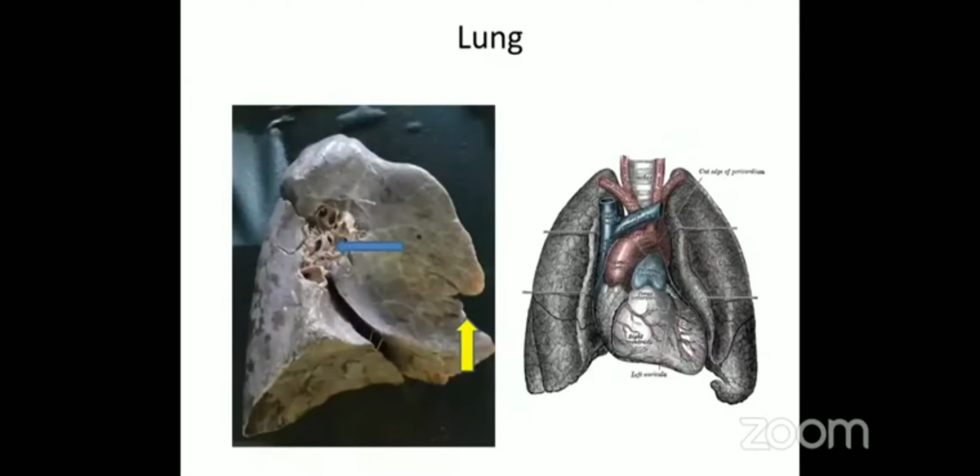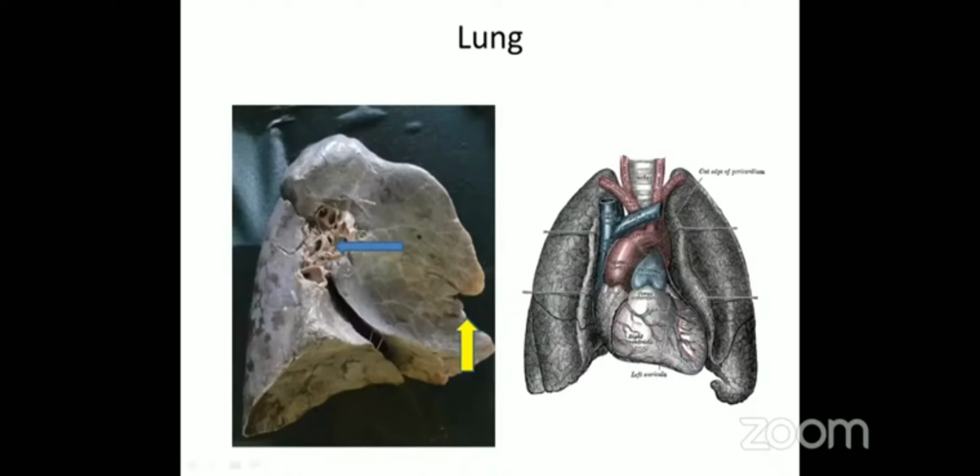Coming to the next main organ, that is the lung, which is present in the thoracic cavity on either side of the heart, covered by pleura and pleural cavity. Again, this can be asked as a spotting where you have to identify that organ. When you identify the side, remember, it is not by the presence of fissures or the lobes. Like right lung generally has 3 lobes, but that is not the criteria. The criteria is that this surface, the base, should be lower down in your palm, that is the diaphragmatic surface, and away from that, this is the apex, which is extending into the neck. The anterior border is sharp and posterior border is broad.